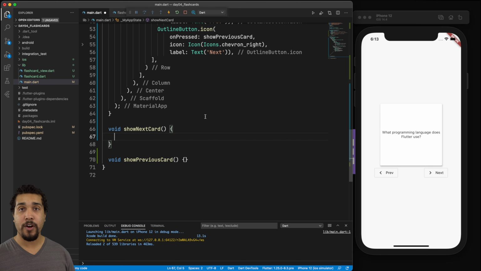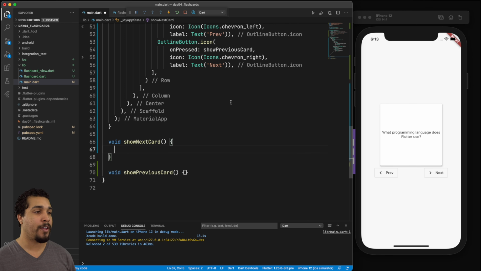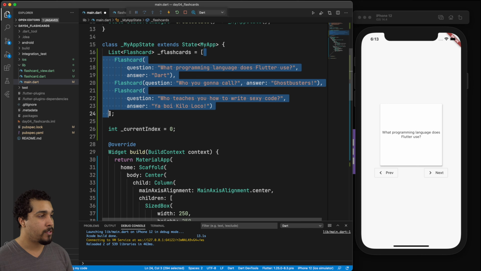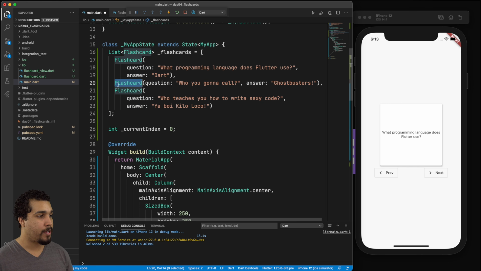So we need to update our current index, but keep in mind that eventually we'll get to the end of the list of what we're displaying, right? We're going to start off at 0. We're going to increment, we'll go to 1. We're going to increment again, we'll go to 2. If we increment again, we'll go to 3. We don't have a 3 index in our flashcards. It's just these 3, right? So 0, 1, 2. If we increment and it goes to 3, we're going to crash